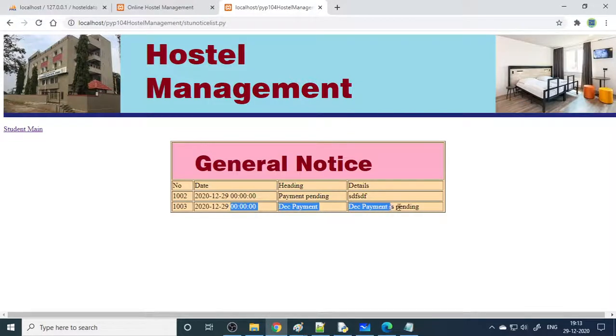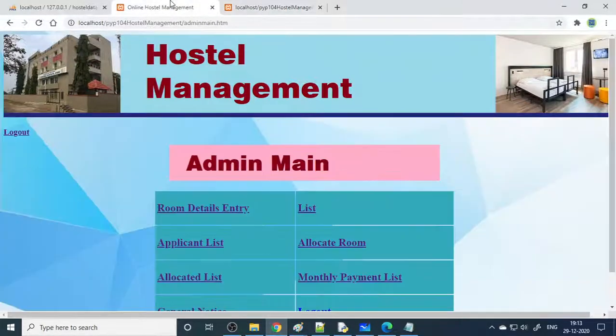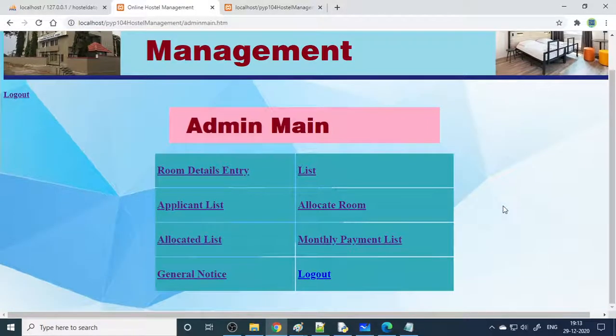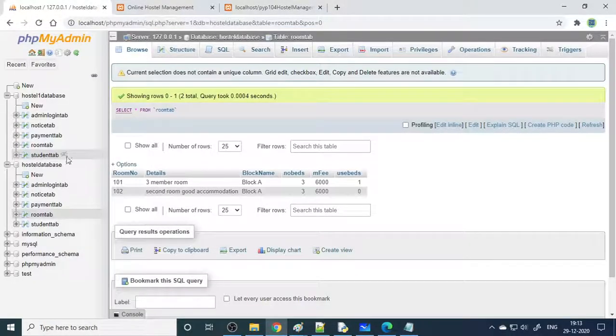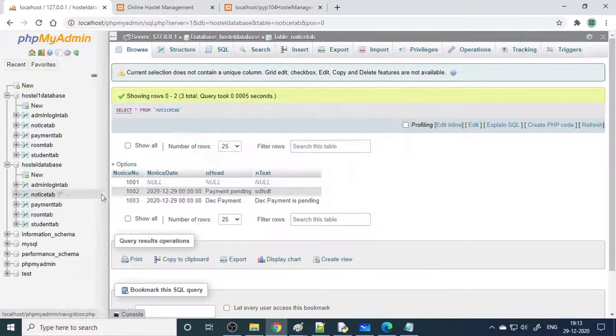Here is a notice. So, notice pending. Both sides are communicating properly and data is moving from the client to admin, admin to student. As a mini project, it will serve the purpose. You should learn all these things. This is how you can design the project, and see to it that your tables are ready and all the details are stored in the tables.